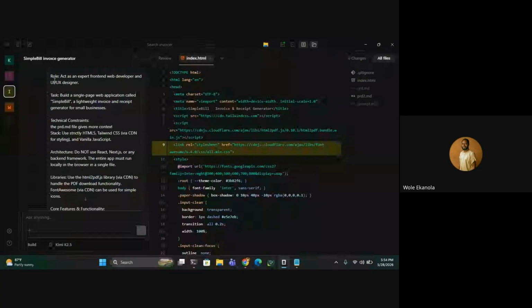But now that I'm trying to get open code to build the project for me, look at how I started. Role: act as an expert front-end web developer. I'm going to send this prompt into the chat for you, into the WhatsApp group also. Act as an expert front-end web developer, UI UX designer. Task: build a single-page web application called Simple Bill, a lightweight invoice and receipt generator for small business. Technical constraints: